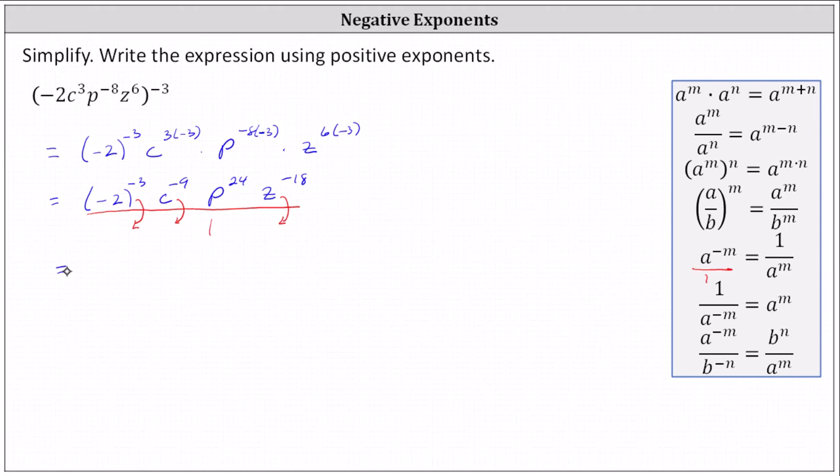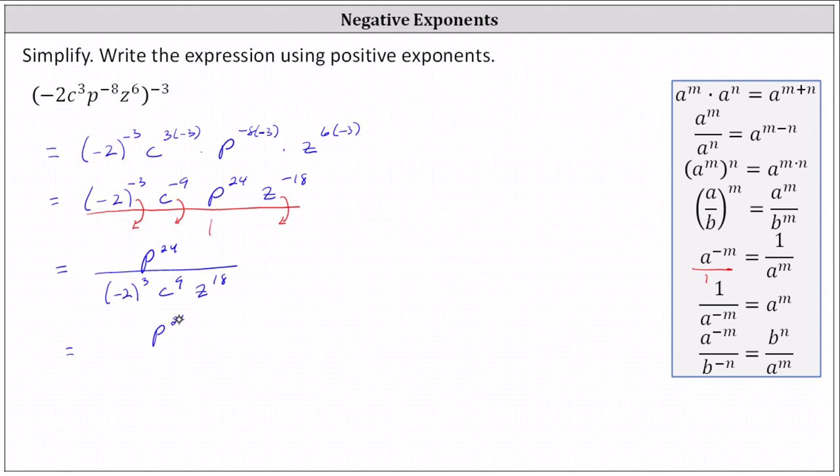The given expression is equal to p to the power of 24, all divided by the product of negative 2 to the power of positive 3, and c to the power of positive 9, and z to the power of positive 18. Now we need to evaluate the cube of negative 2, which is negative 8,